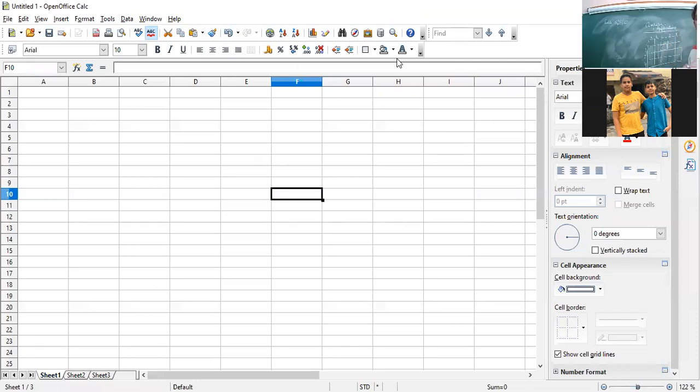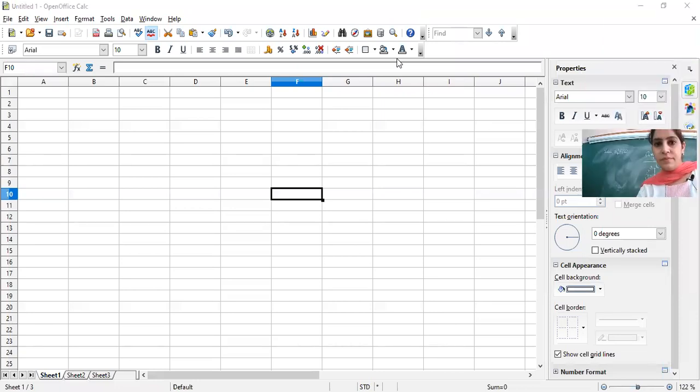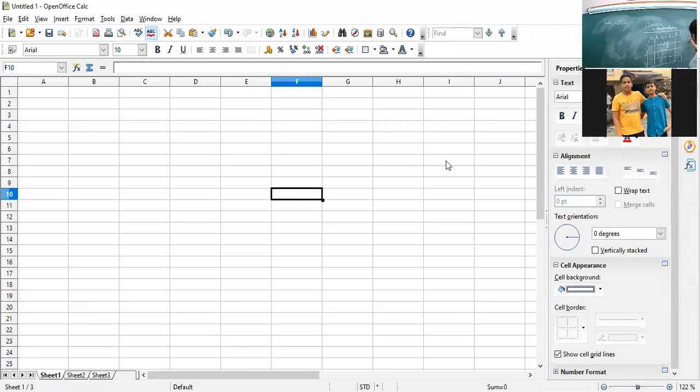I already told you that the active cell is surrounded by a thick black border, so that cell will be called the active cell or current cell. Now who will tell me the address of this cell? Yes, very good. The address of this cell is C2.